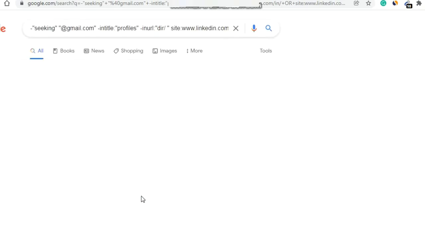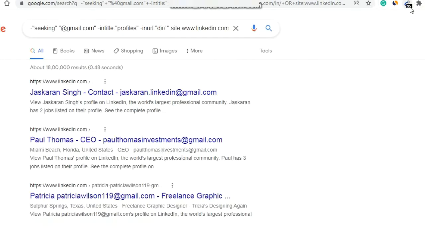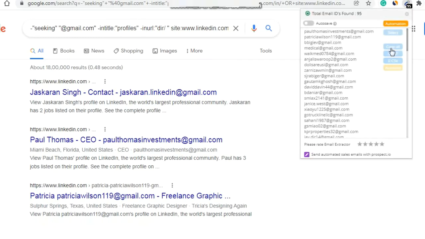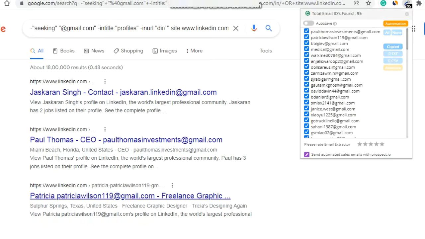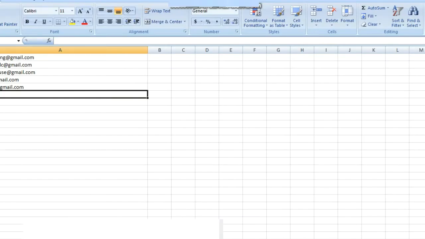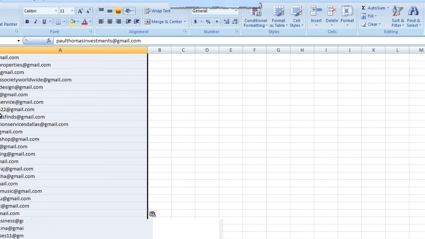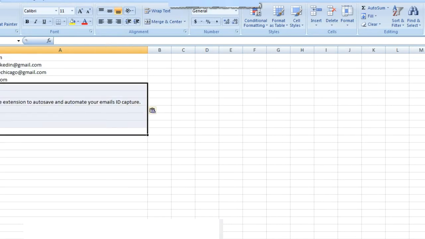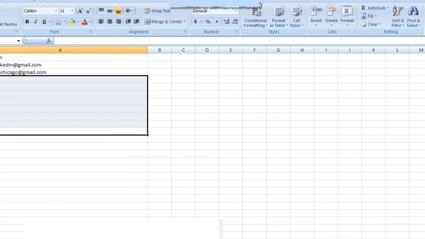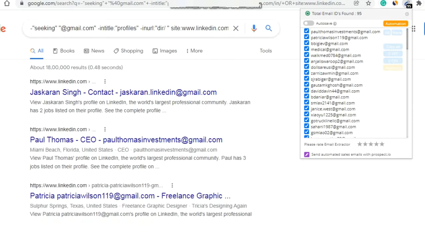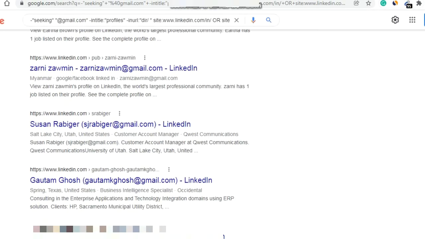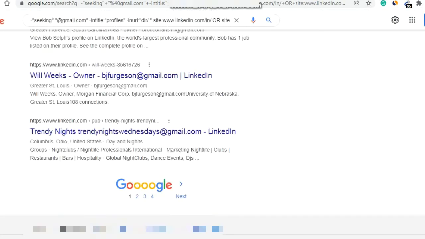Page number 1, click here, select, and then just copy. I'm doing it fast. Let's delete this. I think we had not copied from page number 2.